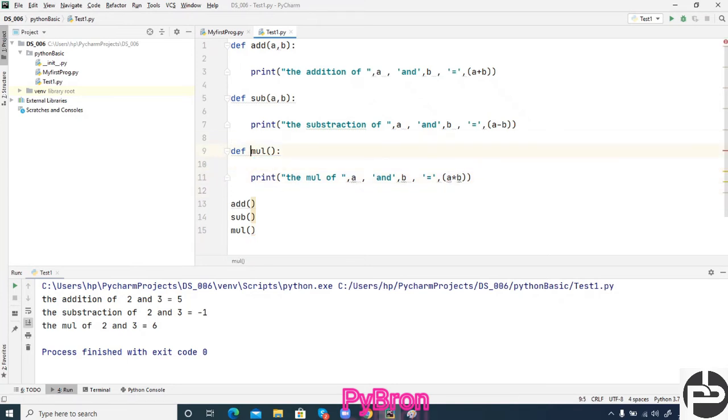Got it? So here also I am passing A and B. Now if you can see, if I am calling the add method, the compiler is giving the suggestion: pass two numbers A and B. So here you can pass 2 or 4. Similarly, if I am calling subtraction, I can pass 5 comma 7, and in the case of multiplication we can pass two numbers like 6 comma 7, 6 comma 6. Let me execute this code.